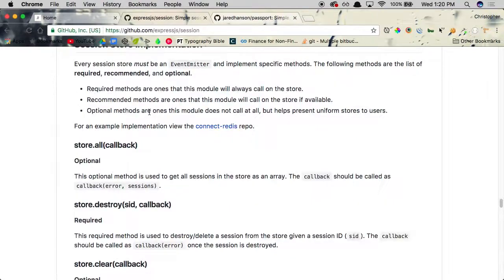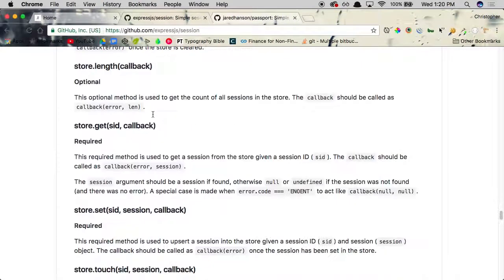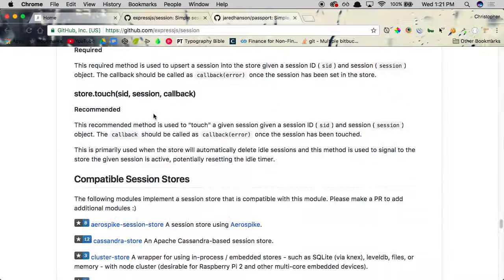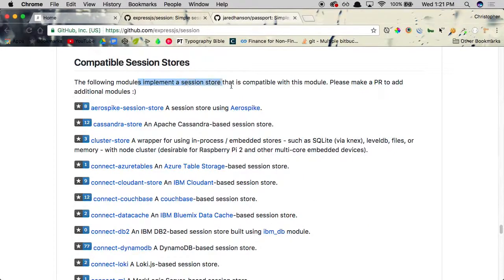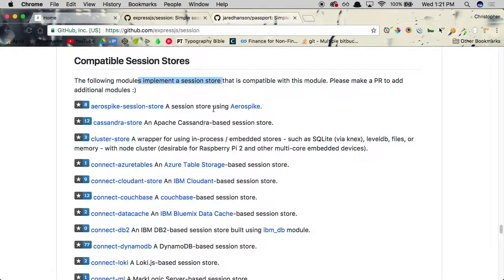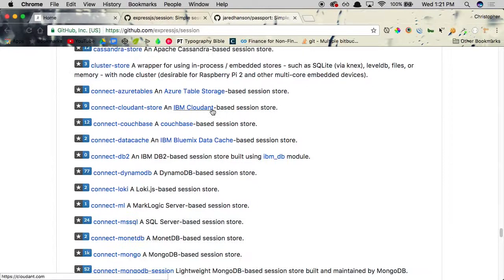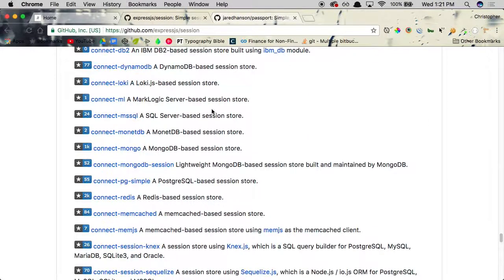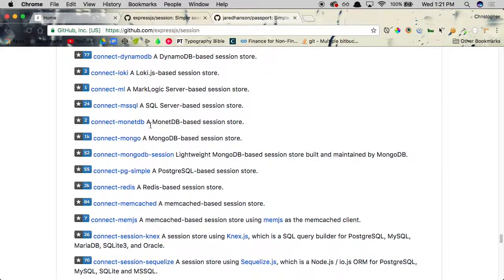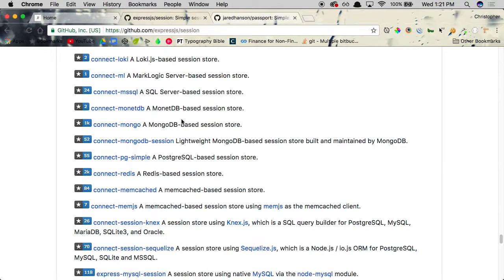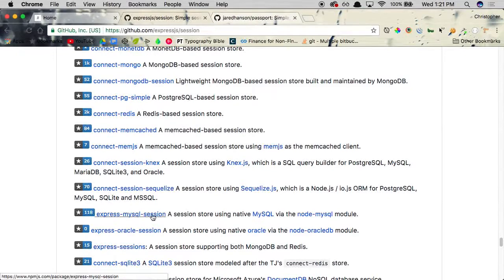So you'll see that this is a problem that needs to be alleviated across multiple databases. You'll see right here, the following modules implement a session store that is compatible with Express.js session. They have a bunch of options for a bunch of different databases, but the one that we want to use is going to be, where is it? Not MySQL, that is going to be Microsoft SQL. We want to make use of express-mysql-session. So we're going to be clicking on this,